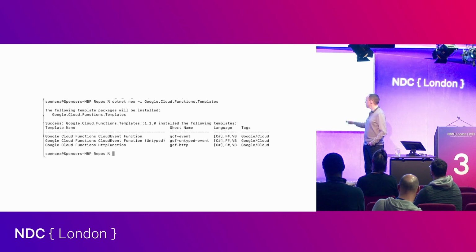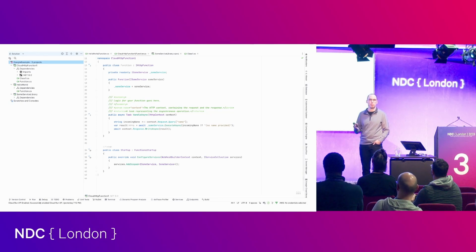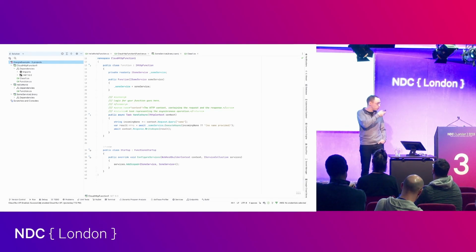And once I had the templates installed, of course, they just showed up in Rider, and I started one. And I wasn't that surprised. It was actually really well commented, really, really thoughtfully done APIs was my first impression. Pretty much the same startup model. They have a function startup just like Azure does. And that was really easy to use.